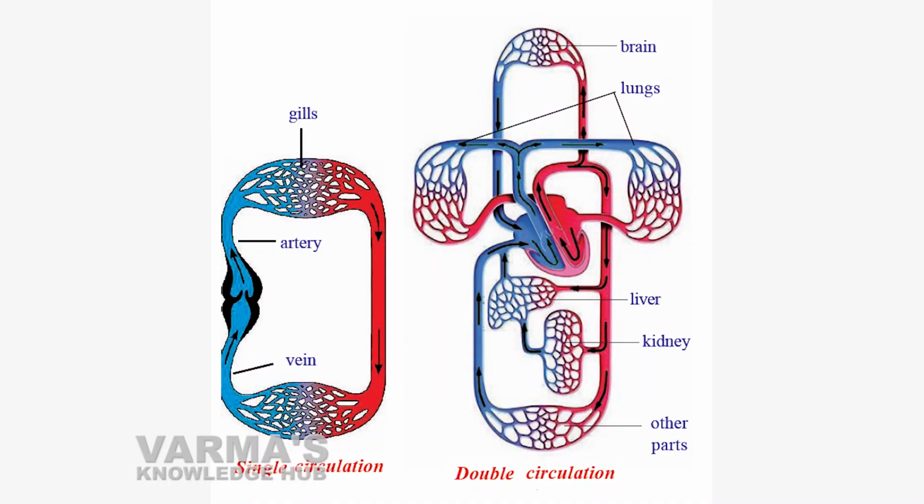Let us see what single circulation and double circulation are. In the human heart, the blood reaches the heart twice before it is supplied back to all parts of the body. Hence, this is called double circulation, which involves pulmonary circulation and systemic circulation. One alternates with the other. I made a video on single circulation and double circulation. There will be a link scrolling at the top. You can click the link and watch the video on single and double circulation.